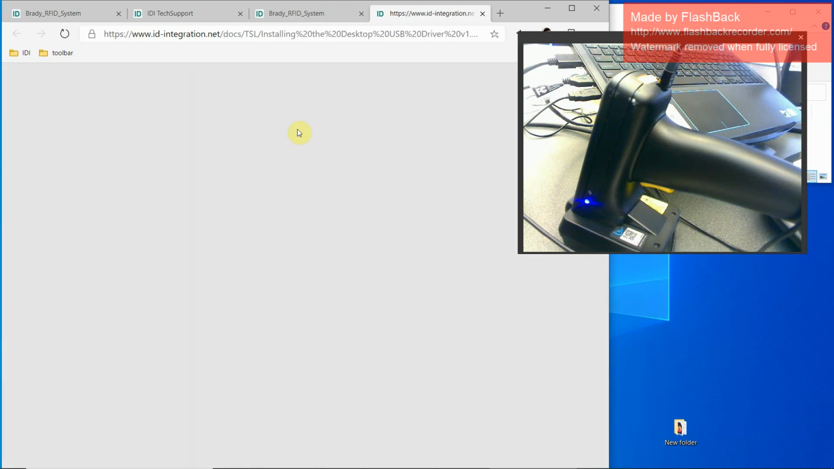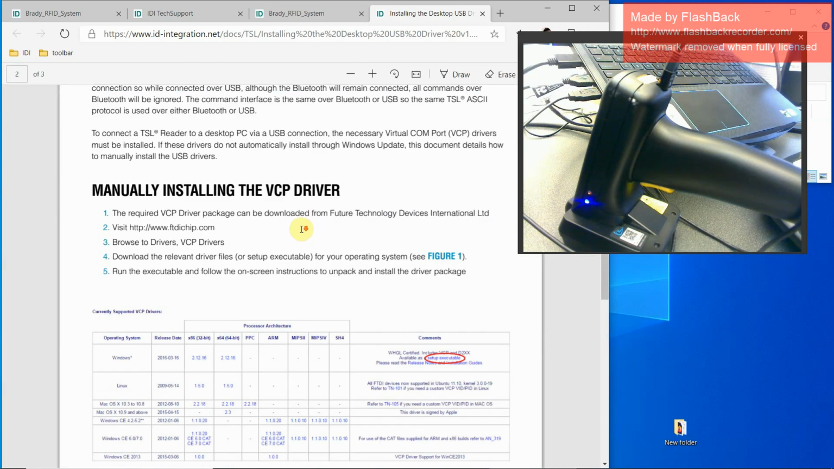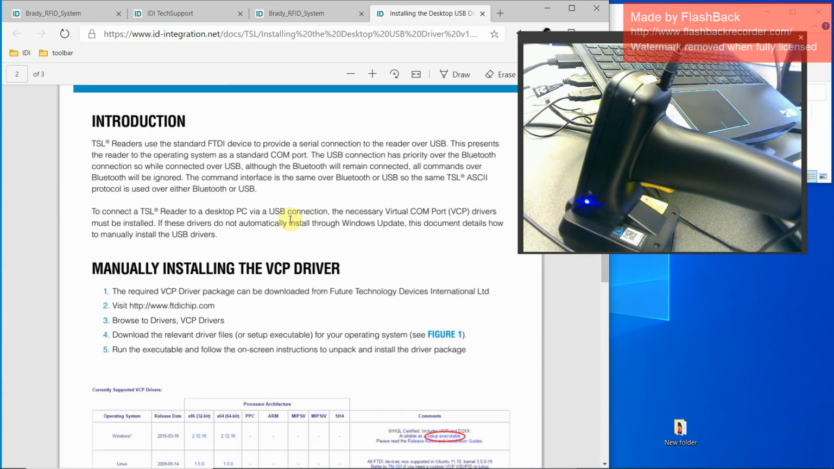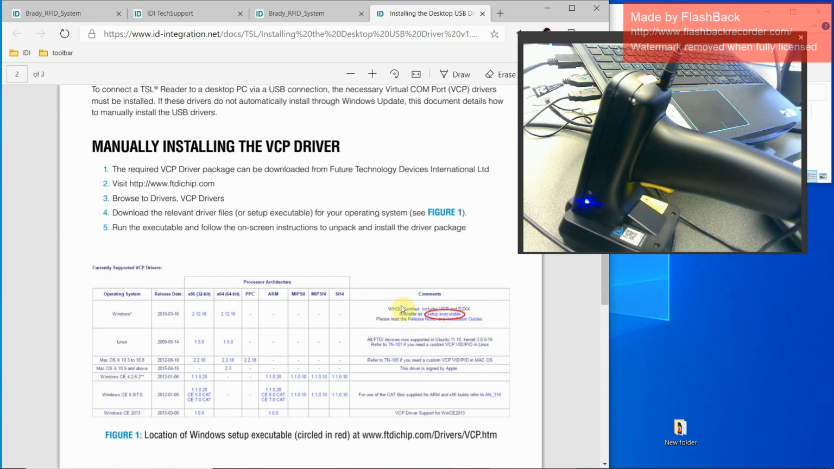but if you want to see more about that, there's an installation guide here as well, and it really says that TSL is using this fairly generic virtual COM driver from FTDI, which has made this kind of driver for well over a decade for industrial systems that are USB connected but have to operate in a serial command mode. Okay, so you can go out to their site here. It even circled here, hit the setup executable,